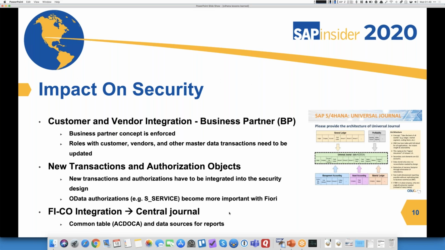And even if you decide, you know what, we're not going to move anything over, we're going to start from scratch, chances are an accountant yesterday will be an accountant tomorrow. So many of the core business processes and core authorization requirements are still the same. But even if they're not, there are two ways this migration can go from a workload perspective. You either update and fix your old roles, or you design new ones. One way or the other, you will be doing authorization and security work, and that's something you have to take into account to make sure you have a sufficient timeline to get this done,